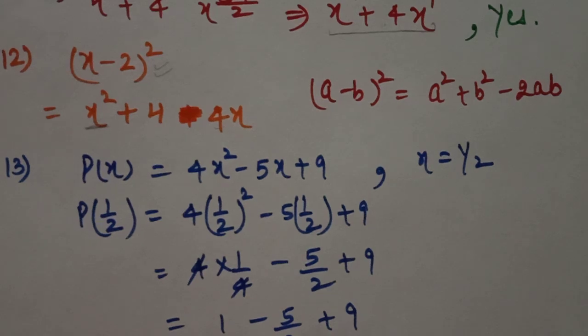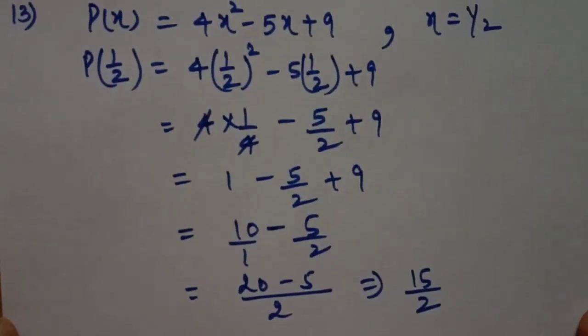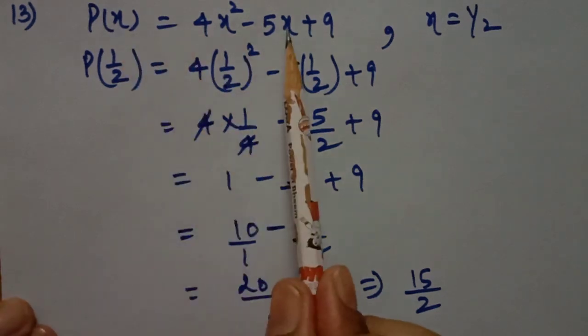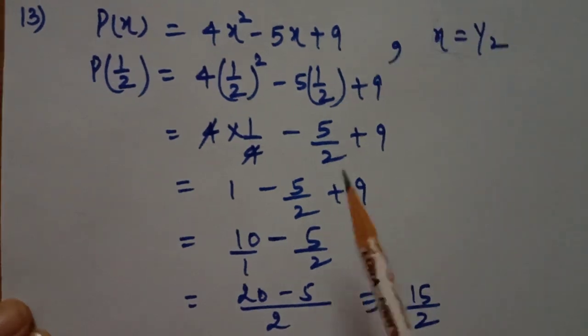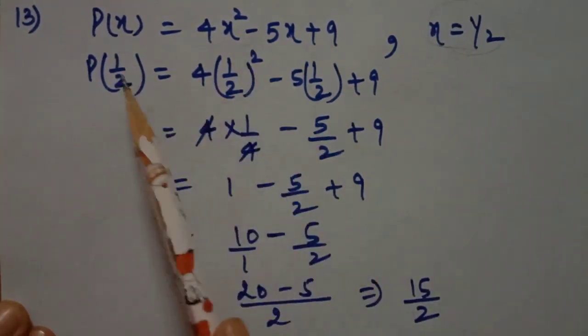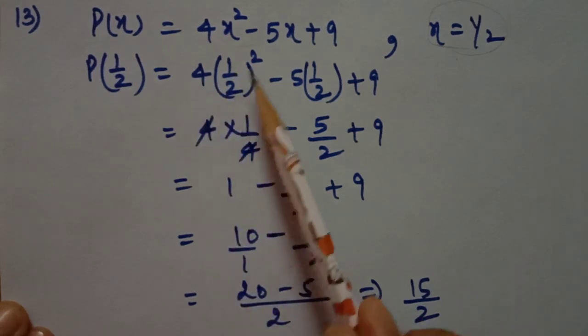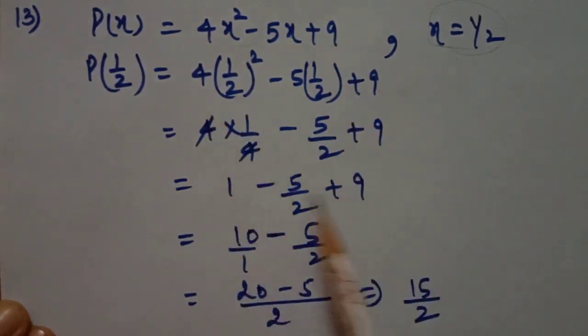Now question number 13. Question number 13 was, find the value of p(x) is 4x square minus 5x plus 9. We have to find the value of this polynomial at what value? Half, 1 upon 2. So this is our polynomial. We have to find the value of this polynomial at this number. So students, we have to replace the value of x here, p of half, which is equal to 4. We will replace the value of half. And after solving this question, after addition, subtraction, and then taking LCM, we will get our answer. So it is 15 upon 2.